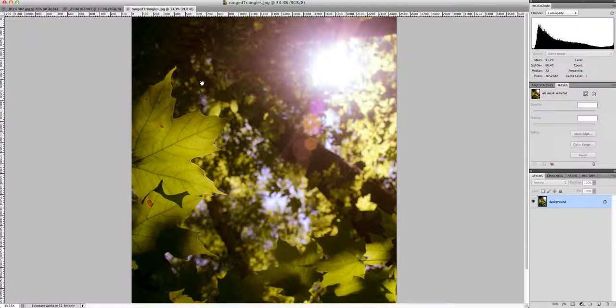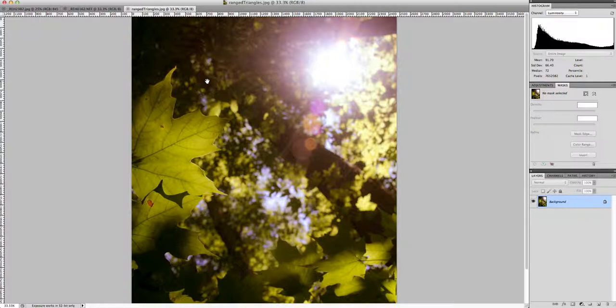So you will find a histogram here in Photoshop. Most digital cameras also have histograms. So if you're having a really hard time seeing your screen in bright light, you would consider either taking an image and reviewing your histogram, or you may find that you can view the histogram in a live view setting on the back of your screen to get a more accurate idea of the exposure.